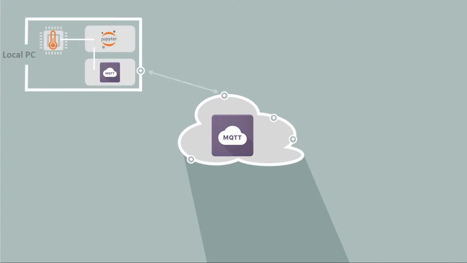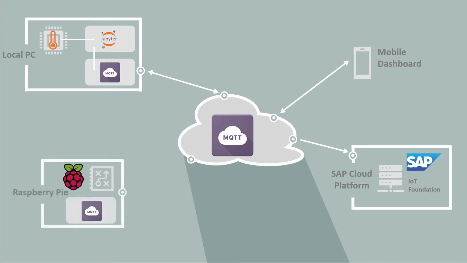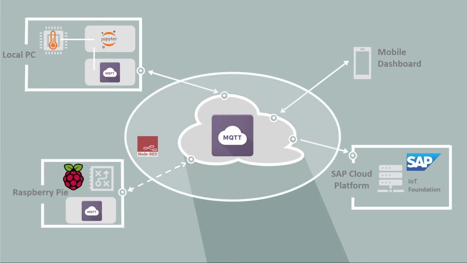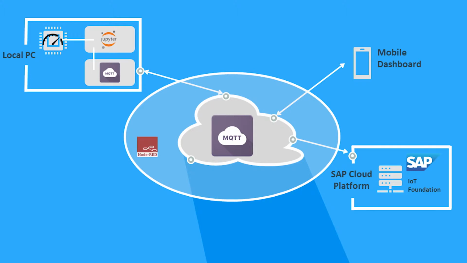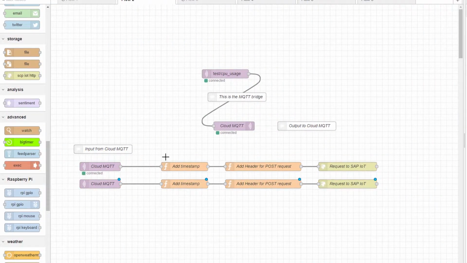In the last episode we showed you which tools can be used to cleverly connect sensors with the SAP Cloud Platform. Today we'll show you what it looks like in real life. We will periodically read out the CPU usage of my laptop, send it to a local MQTT broker, mirror it with a cloud broker, and send it to a SAP IoT thing with Node-RED via HTTP request. And we show everything step by step. Let's get started!